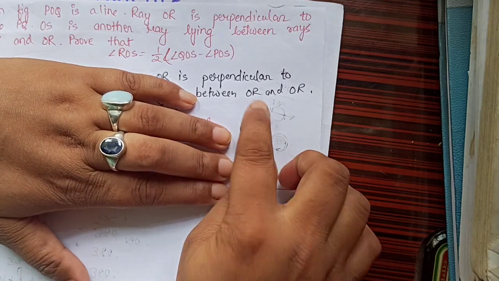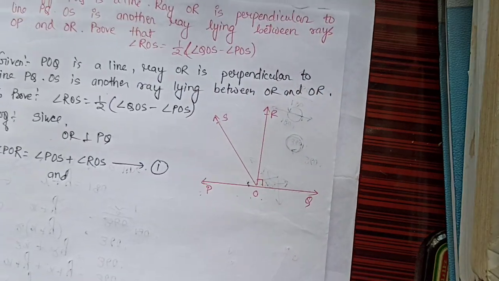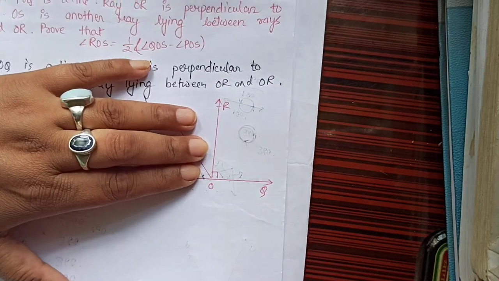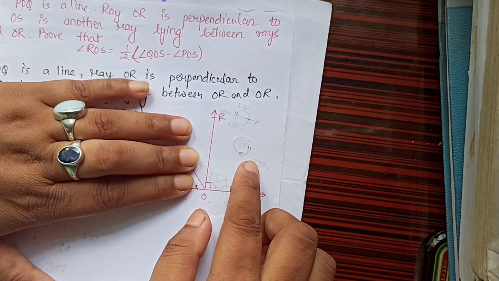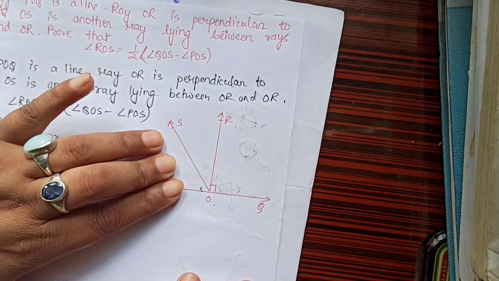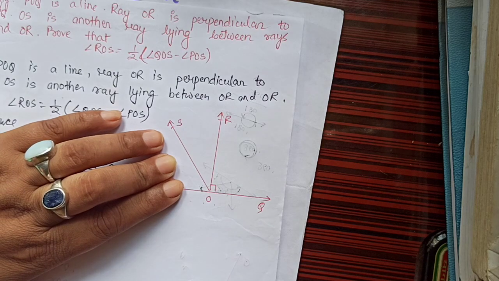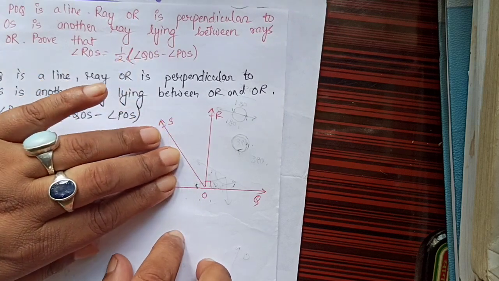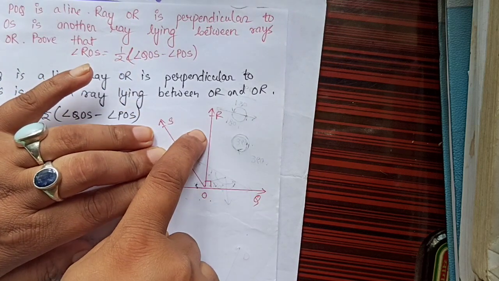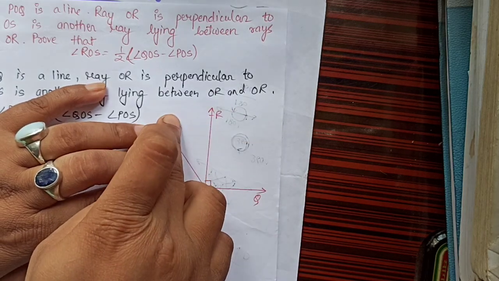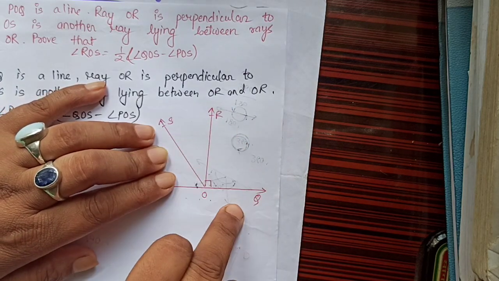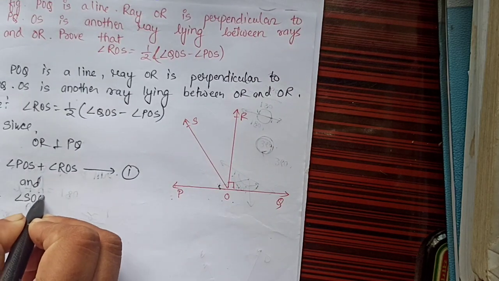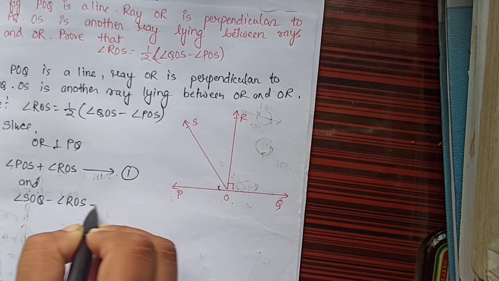Now we'll look towards the right hand side. What is the name of this L? ROQ. So let us write here angle ROQ equals. Now if we see this ROQ, we do not have any ray here. So what we'll do, we will just increase this part. As we have increased it, while writing the equation we have to deduct. What do we have to deduct? This part we have increased, and its name is ROS. And up to where we came? Up to SOQ. So we will write angle SOQ minus angle ROS. This is equation number 2.